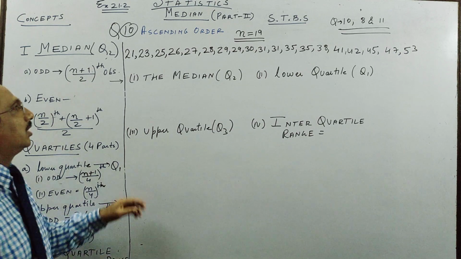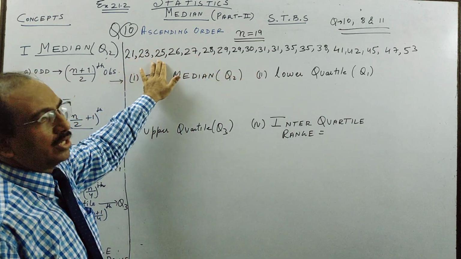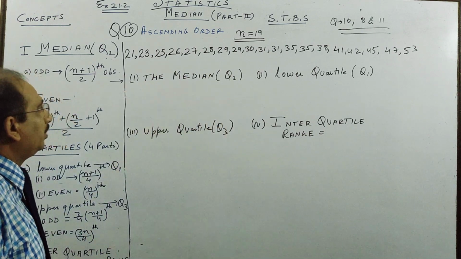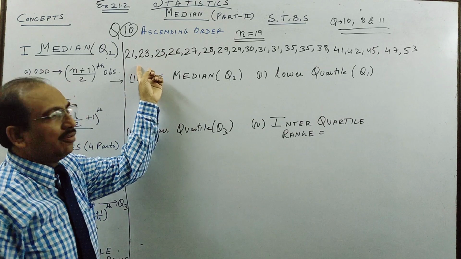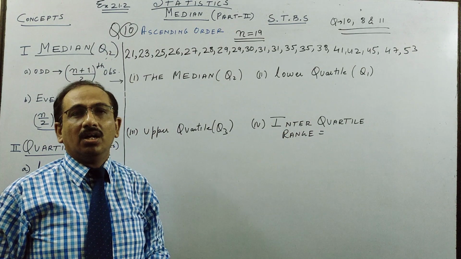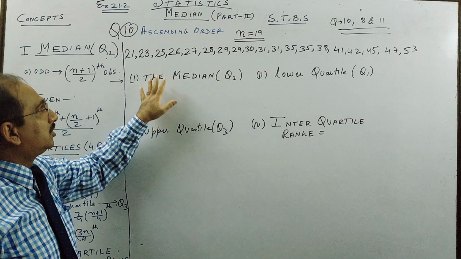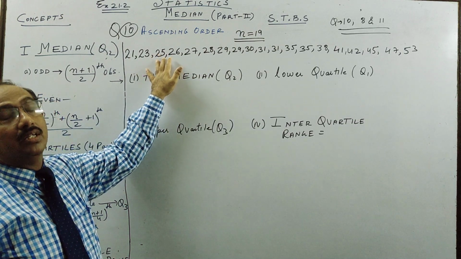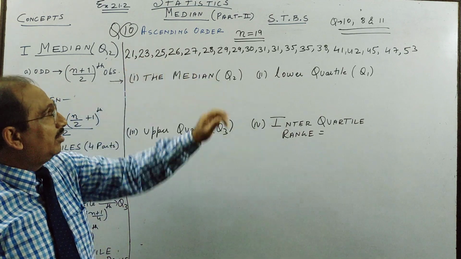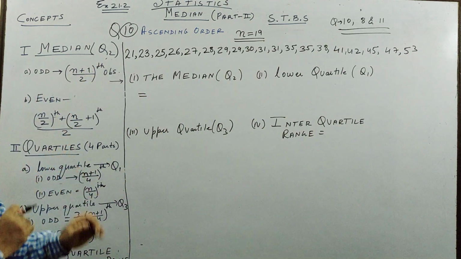So what do you see here, children? We have a total of 19 terms, so n is odd. In the book the data was given in random order. I have arranged it beforehand to save time. One thing you must remember in median is that you always have to arrange the data first. So the first thing we find is the median. Median is also called the 50%, the middle value.